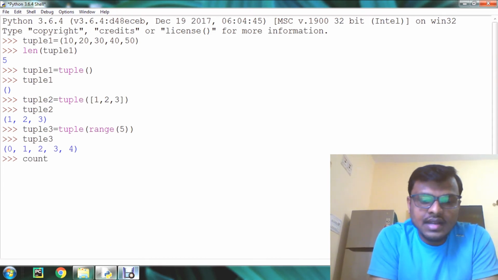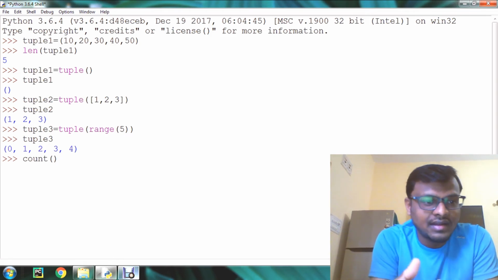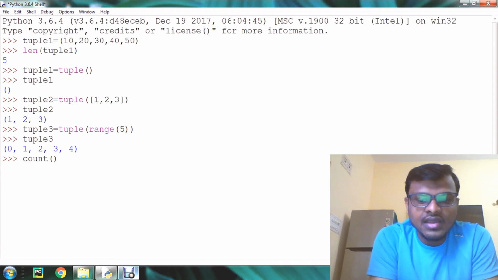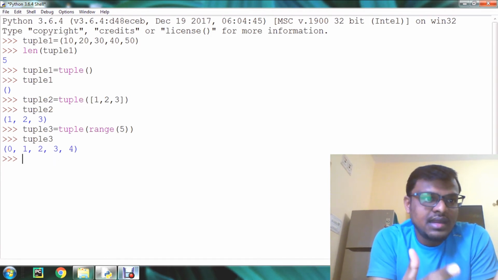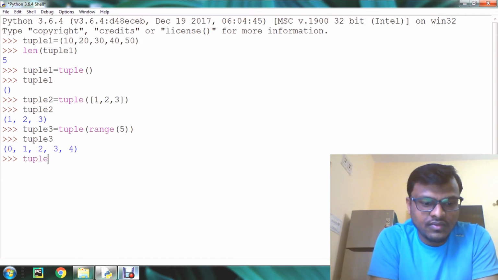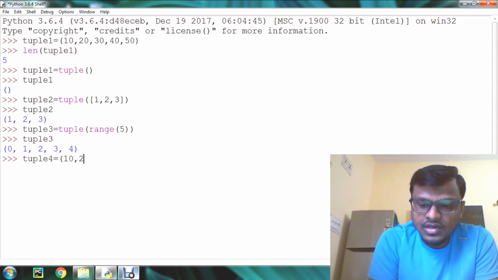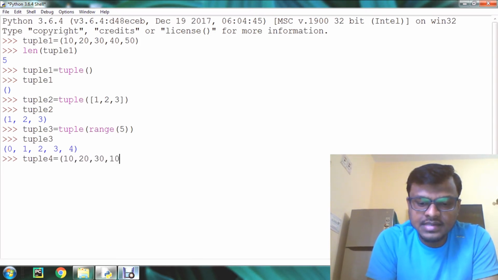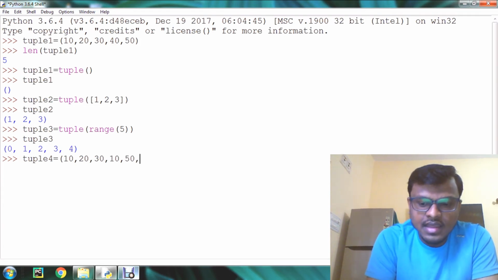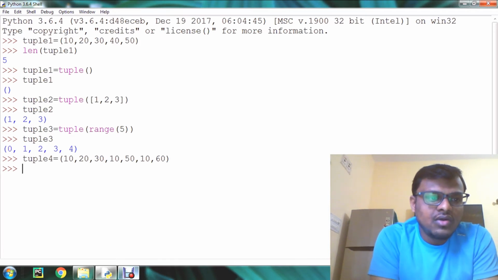Well guys, we'll move to the next method, called the count method. We know that the count method returns the number of times the given element appears in the tuple. For example, let's create tuple4 now. In this tuple4, I am going to have the elements 10, 20, 30, 10, 50, again 10 and 60. Now tuple4 is created.